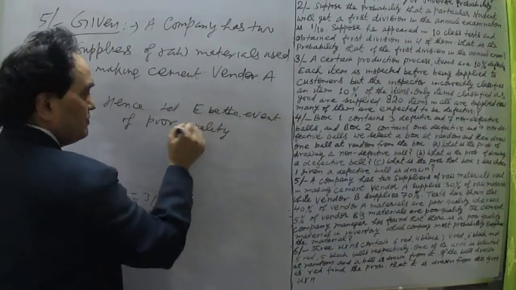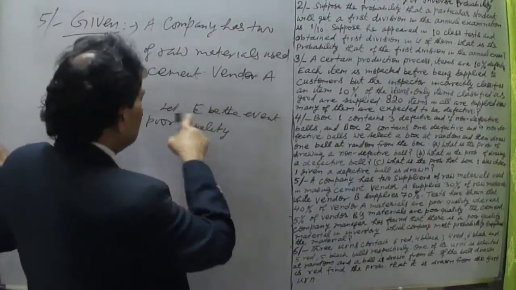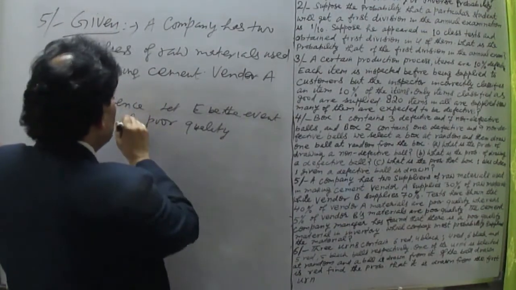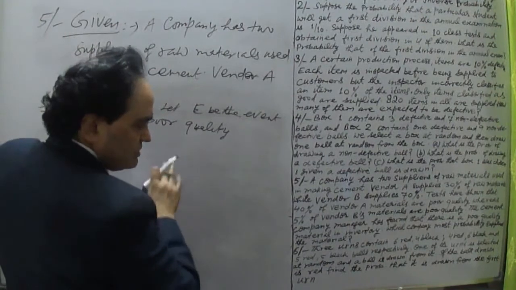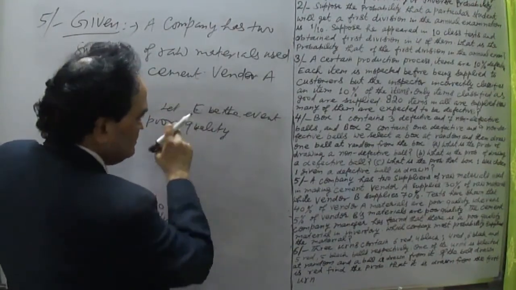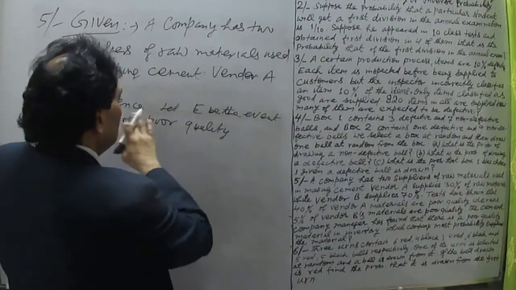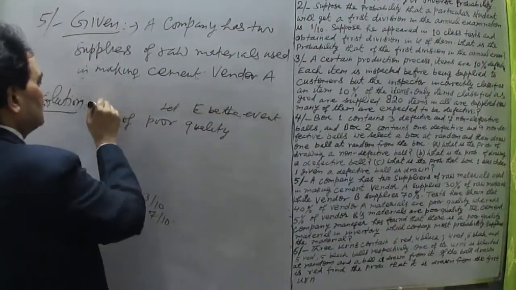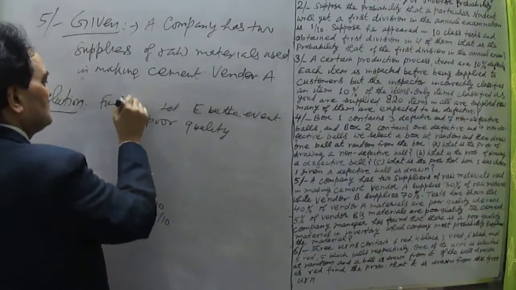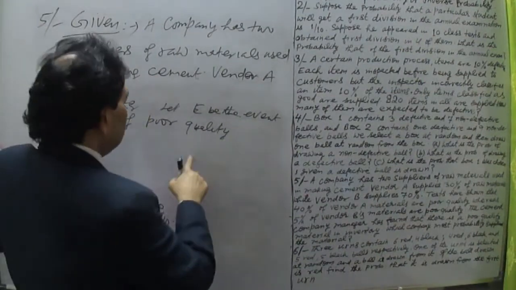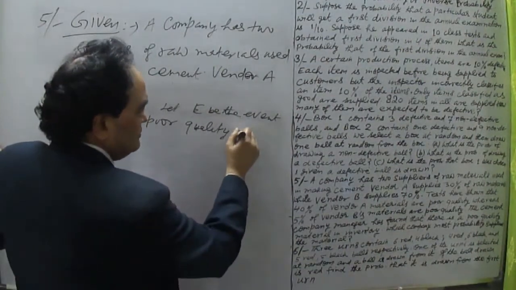This is the proper event which we have to calculate. E links these two events: vendors A and B are linked by this event E of poor quality. So hence, let E be the event of poor quality material